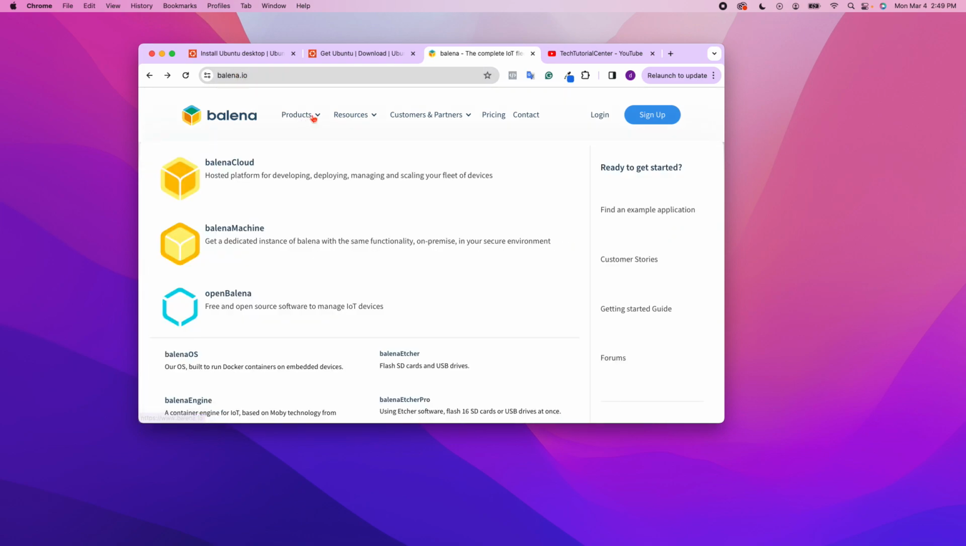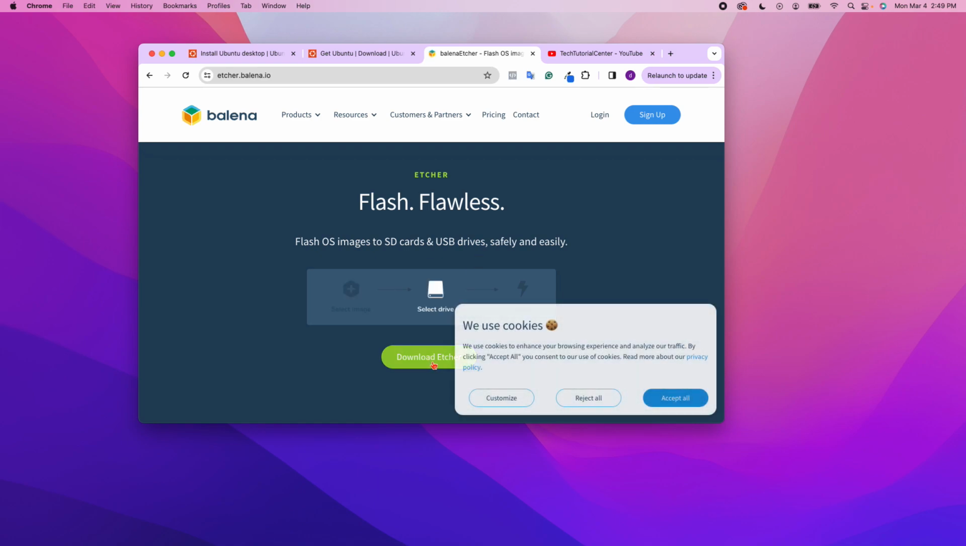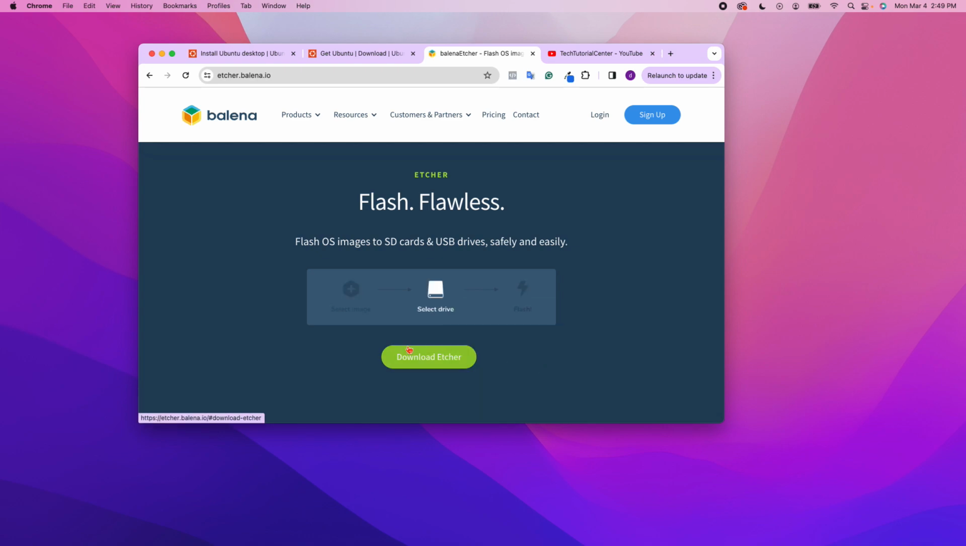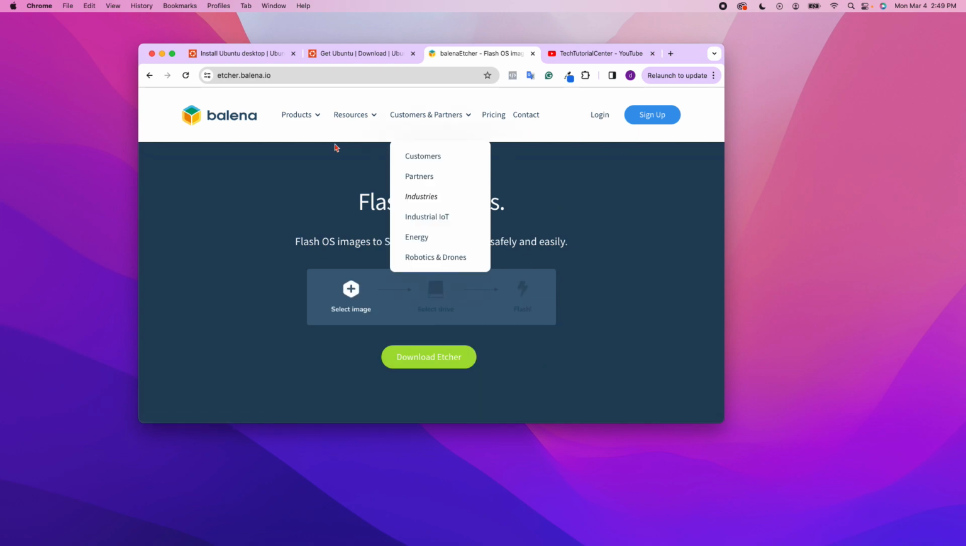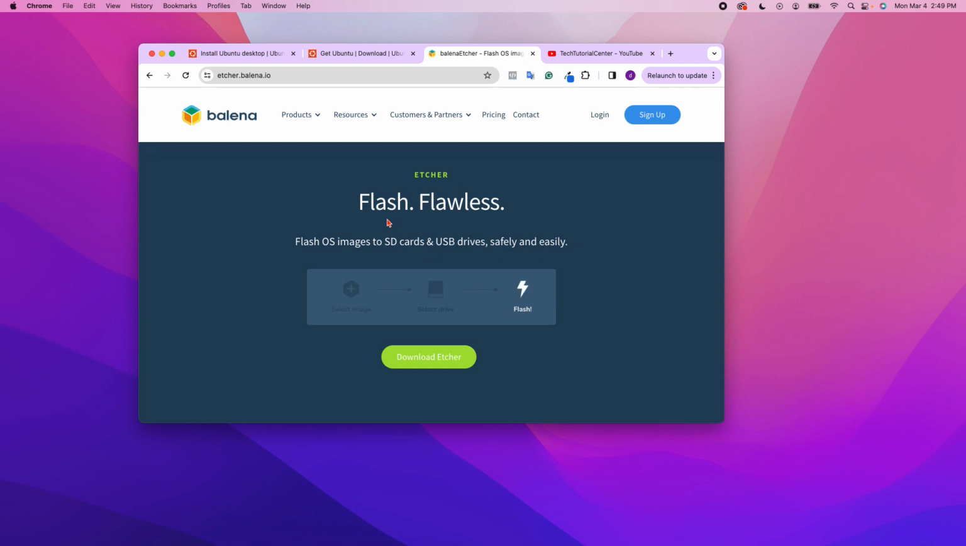balena.io. Then you click on product. All right, then you navigate all the way down to flash, SD cards, and USB. Click on it, download. Once you download it, I already have it downloaded on my computer, so I'm not going to do that again. Then once you have everything downloaded, the first thing you want to do is connect your